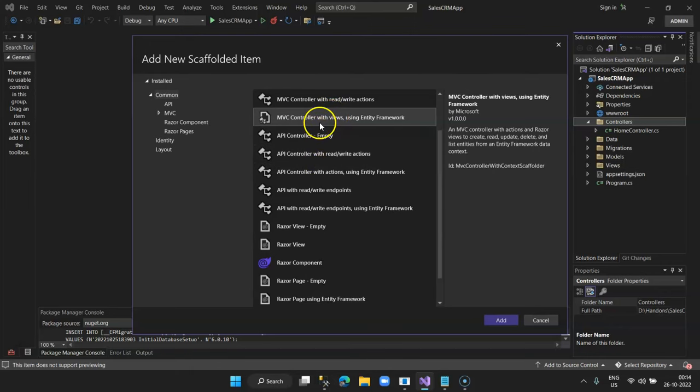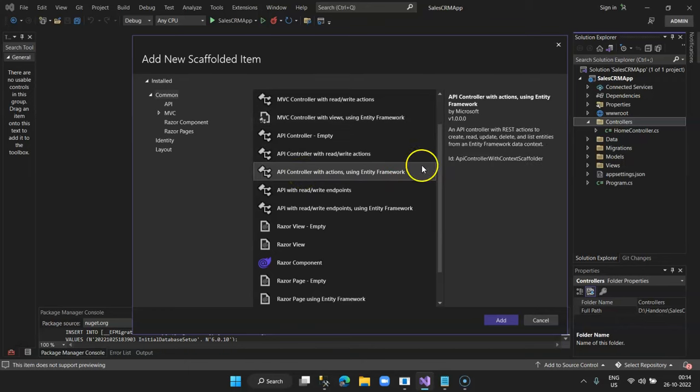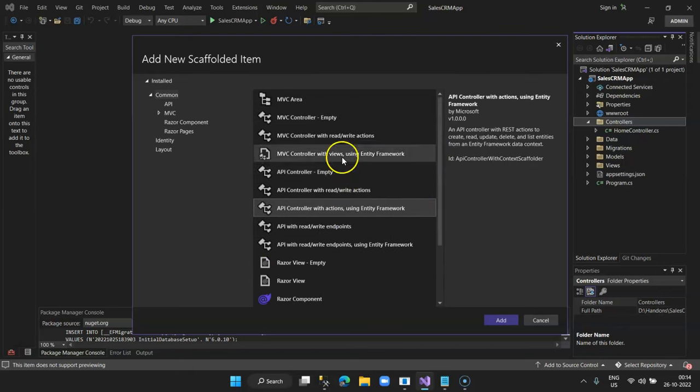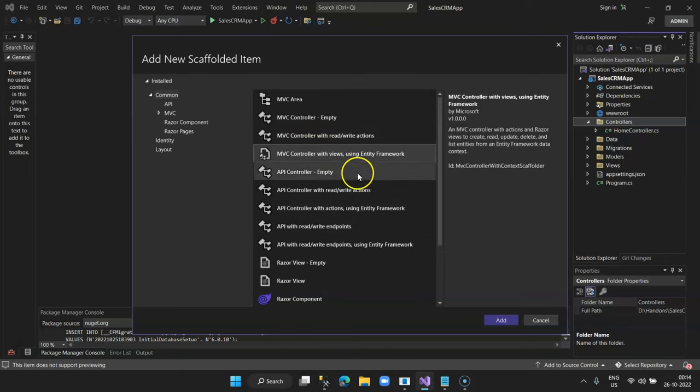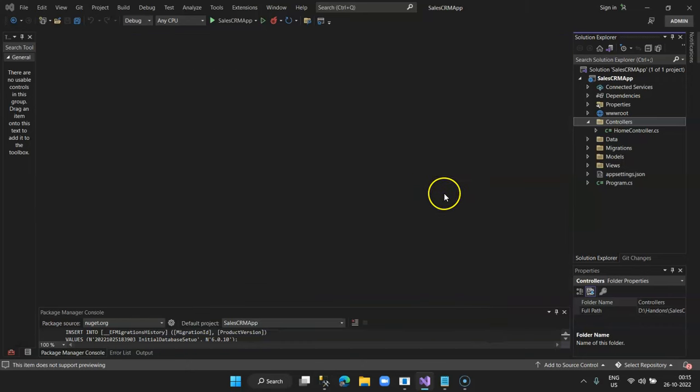We are going to select MVC controller with actions and using entity framework. What is this going to create? This will actually create an API, but we don't want an API, we want a controller. So I think we should go with an MVC controller with views using entity framework,